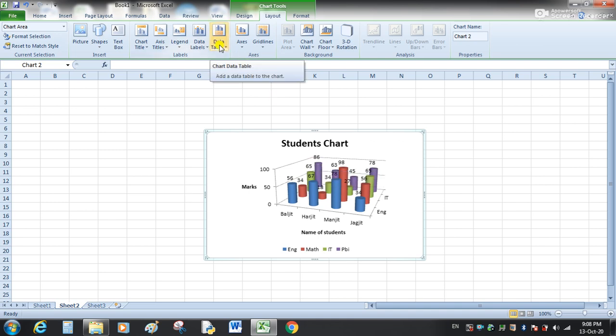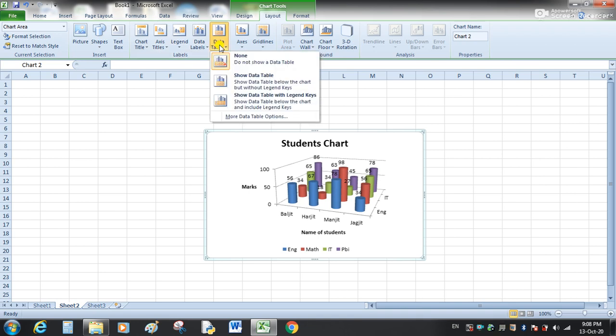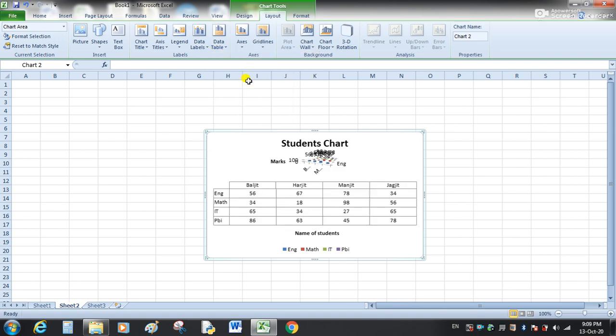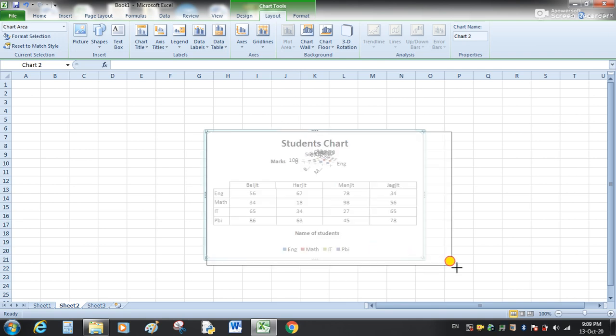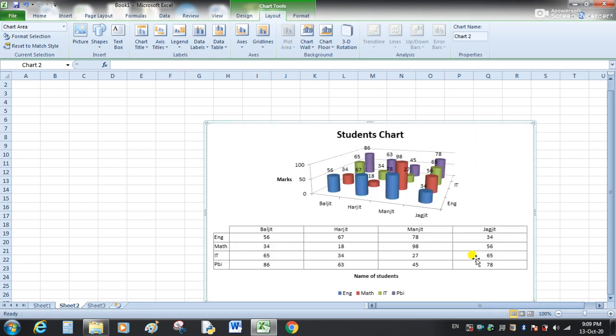Here the last option is data table. Show data table. When we click here, the data table which is on sheet number 1 will be displayed here. So this is our data table. We can increase the size of the chart from here for better visibility.